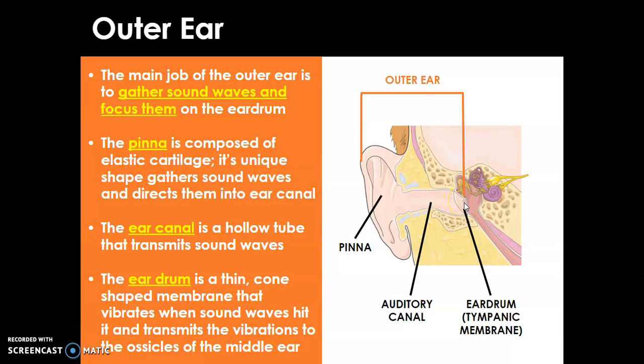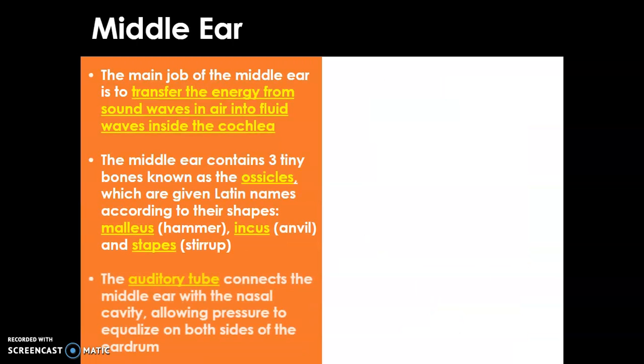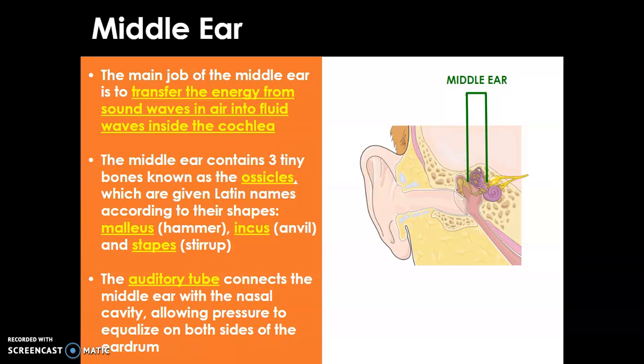Think about hitting the head of a drum. Some of y'all that have played music before, when you hit it, you can see the ripples, especially on a slow-mo drum head. You can see the ripples, these vibrations that come from that. Eardrum, same principle. The middle ear's main job is to transfer that energy from the sound waves in the air